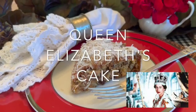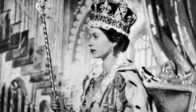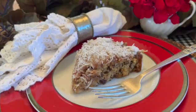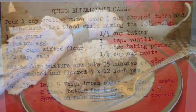A recipe for Queen Elizabeth's cake was published in the Coronation Cookbook in 1953 in celebration of Queen Elizabeth II's coronation. I found this copy of the recipe in my late mother-in-law's file, and it seems a fitting way to